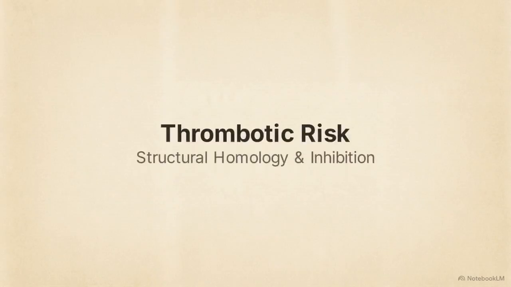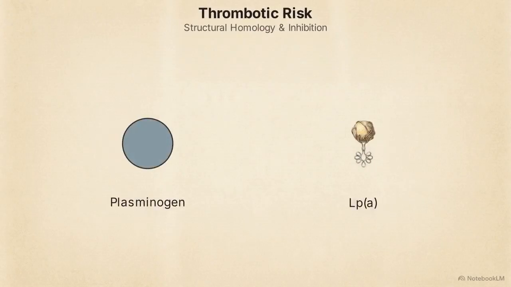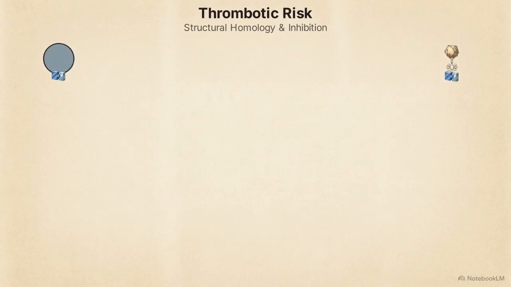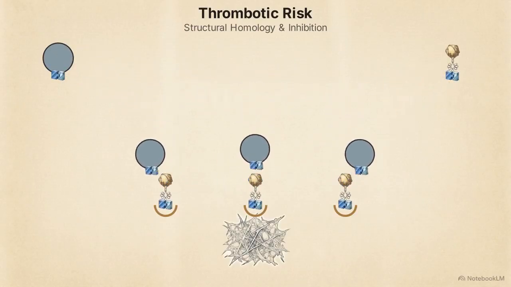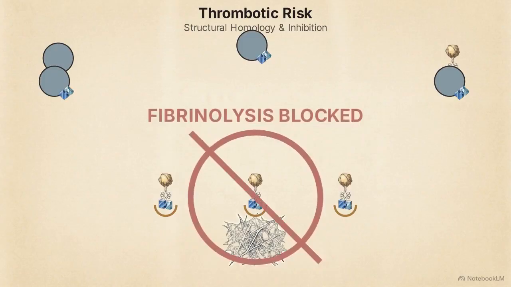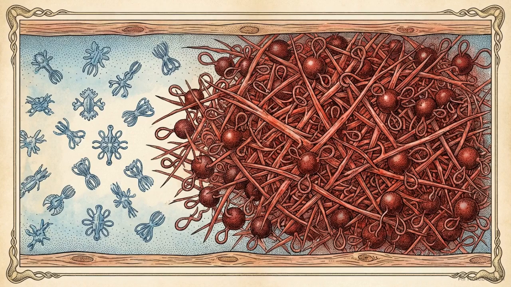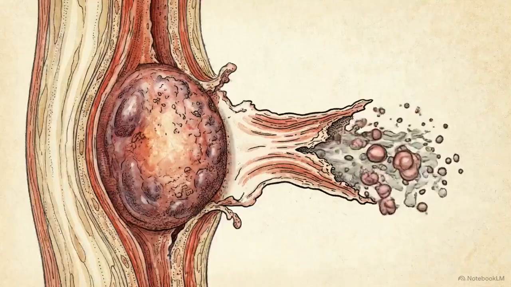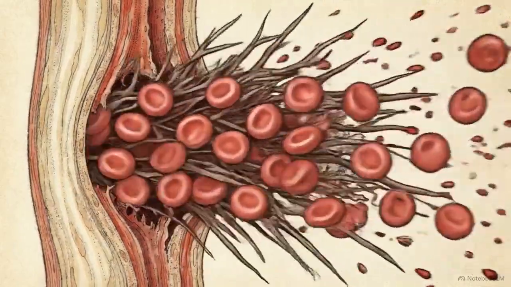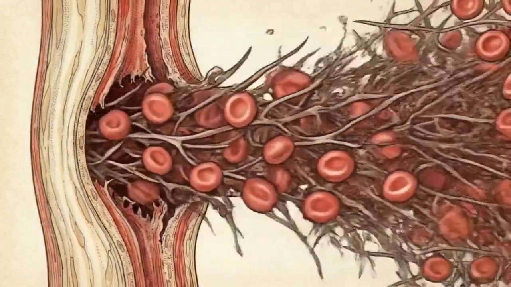The second threat is thrombotic. The ApoA protein shares a striking structural homology with plasminogen, the body's natural clot-dissolving enzyme. Looking structurally identical, LPA competes with real plasminogen for binding sites on a fibrin clot, physically blocking the active enzyme from dissolving it. This competitive inhibition actively impairs fibrinolysis. When a plaque ruptures and a clot forms, LPA ensures that the body's natural mechanisms cannot dissolve it. LPA accelerates the necrotic breakdown of the arterial wall with its oxidized lipid payload, guaranteeing that the resulting rupture causes